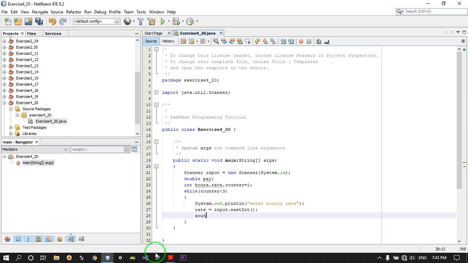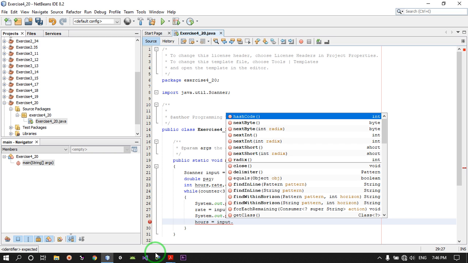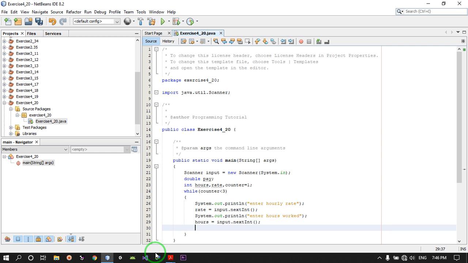And enter the hours worked. Now hours equals input dot nextInt. Now if hours is greater than 40, then